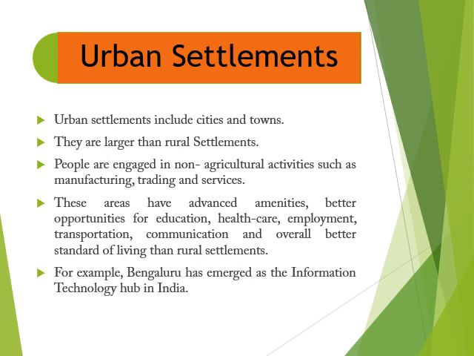These areas have advanced amenities, better opportunities for education, healthcare, employment, transportation, communication, and overall better standard of living than rural settlements। तो यहाँ के लोगों के पास आधुनिक तकनीक होती है, जैसे अच्छी व्यवस्थाएं पढ़ने की, स्वास्थ्य संबंधित, रोजगार से संबंधित और परिवहन से संबंधित और संचार के माध्यम एवं उनका रहन सहन, ये ग्रामीण क्षेत्रों से बेहतर होते हैं। For example, Bengaluru has emerged as the information technology hub in India। So this is a great example for urban settlements।